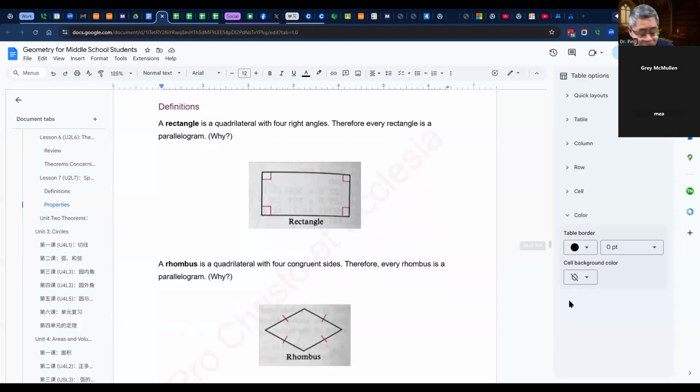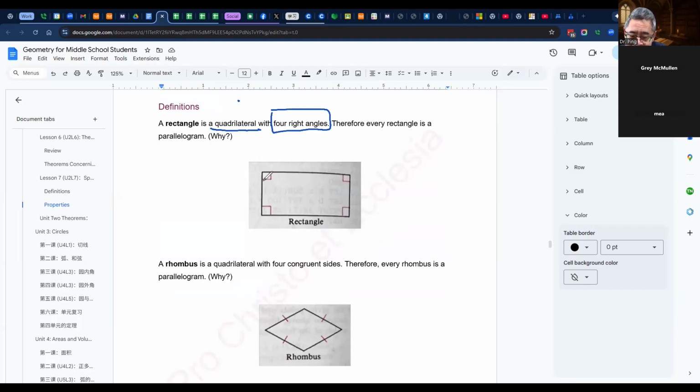Okay, so we do a rectangle. Well, so we're looking at the definition first. The definition for that is a rectangle. First of all, has to be a parallelogram. Oh, sorry, a quadrilateral, like mean four sides. You can see that. And what makes this rectangle special is because all the angles are 90 degrees, all the